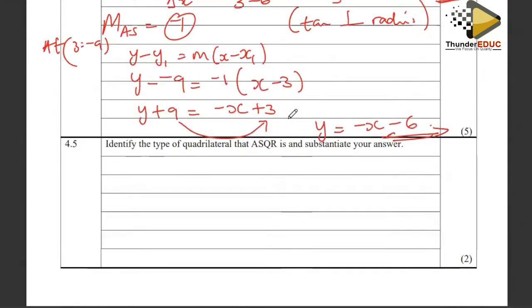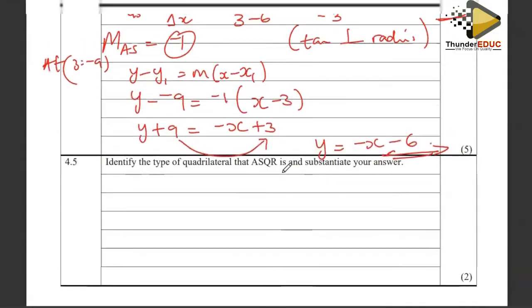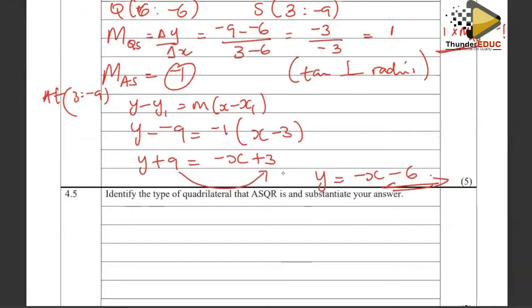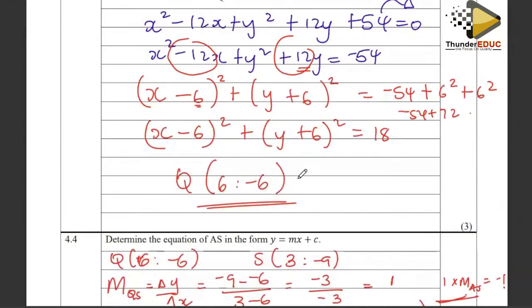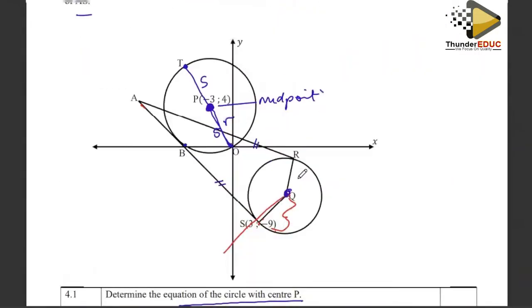4.5, identify the type of quadrilateral that ASQR is and substantiate. Substantiate, in other words, give a reason for your answer. So ASQR. Okay, so what I'm seeing is that with